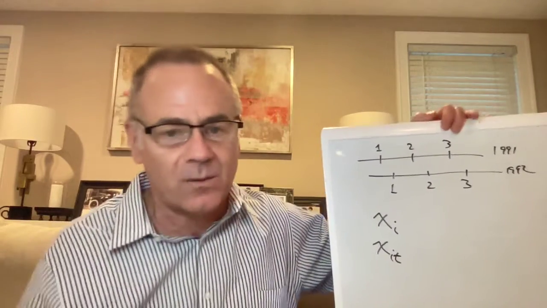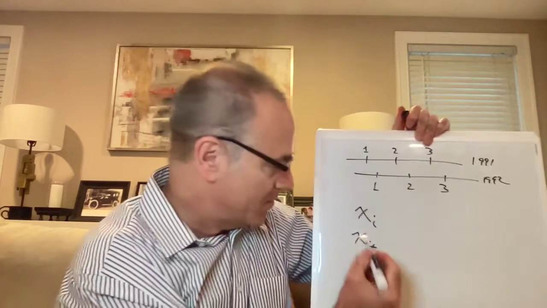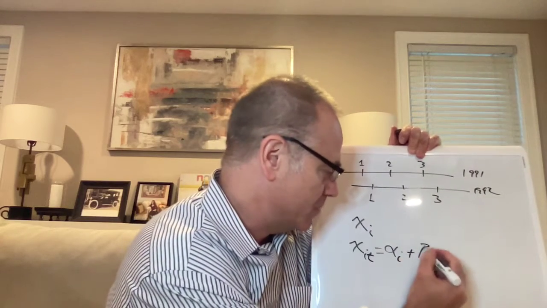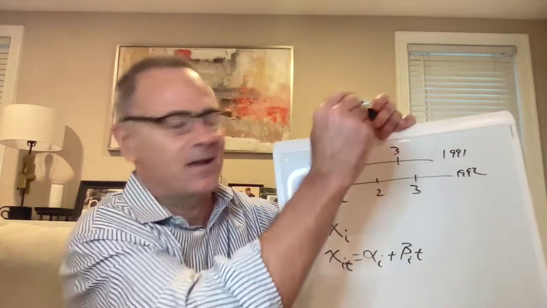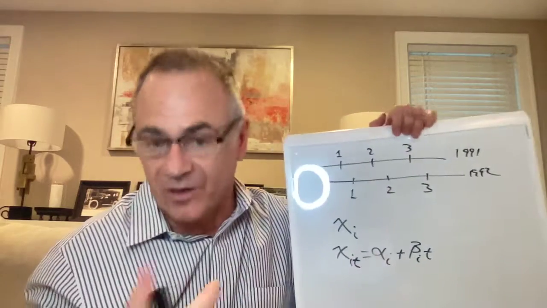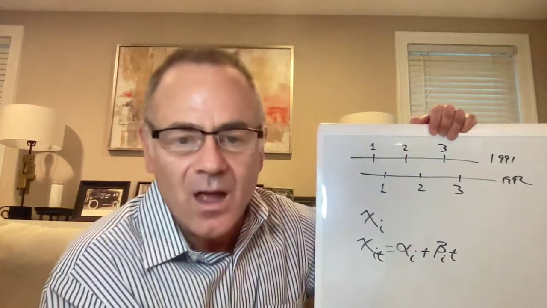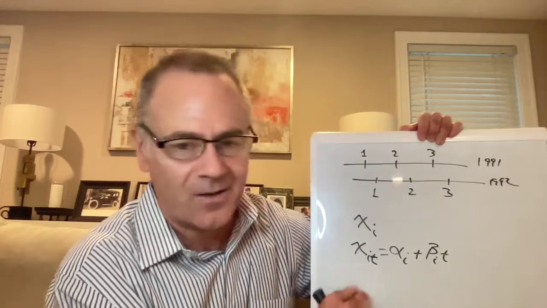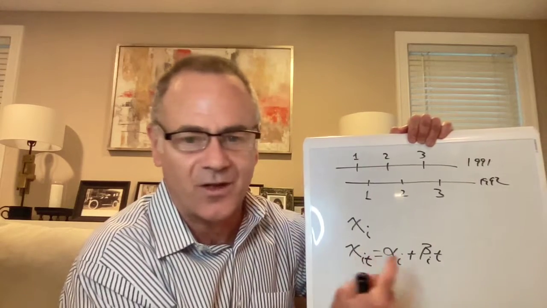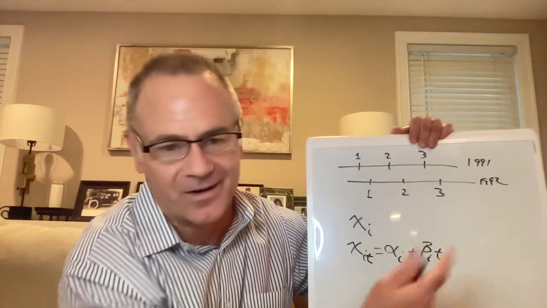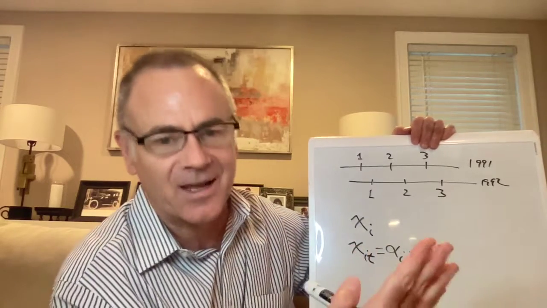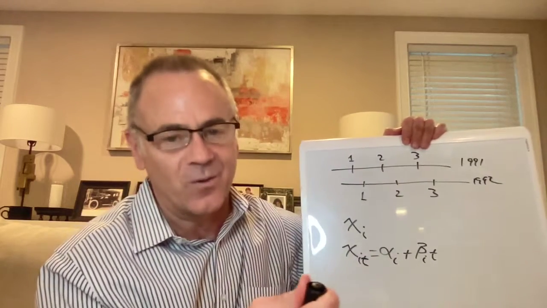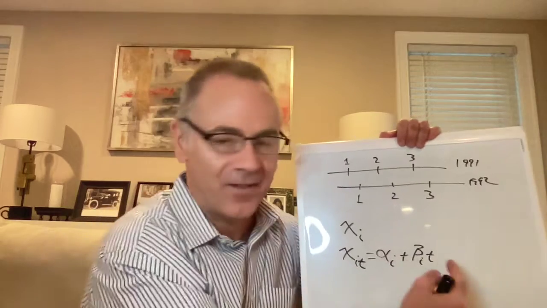Now, some people have said, why not do like NOMINATE? Let it be XIT, but put some structure on it and make it alpha I plus beta I T, something like that. We could do that. But a lot of people say Poole and Rosenthal have this very general form where they allow their ideal point to vary over time. Well, no, to identify their ideal points, they have to make an assumption about how they vary over time.